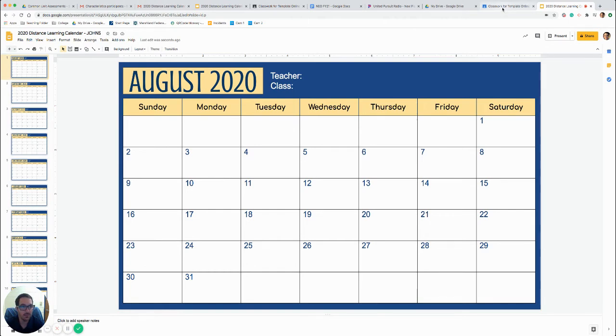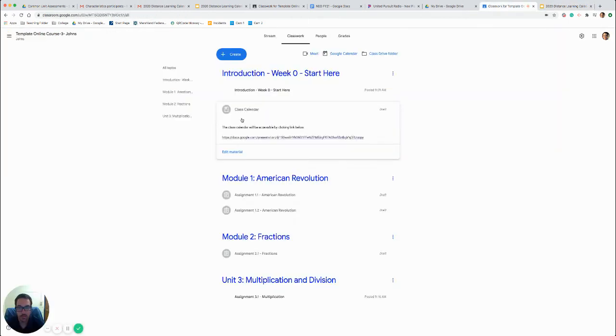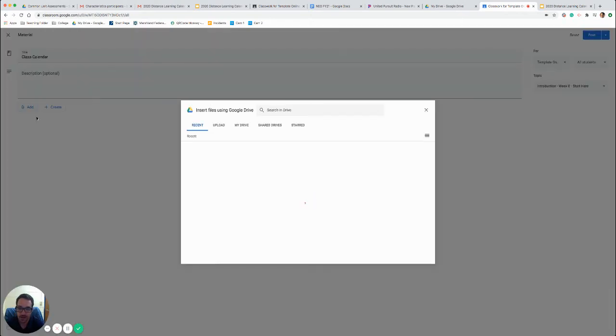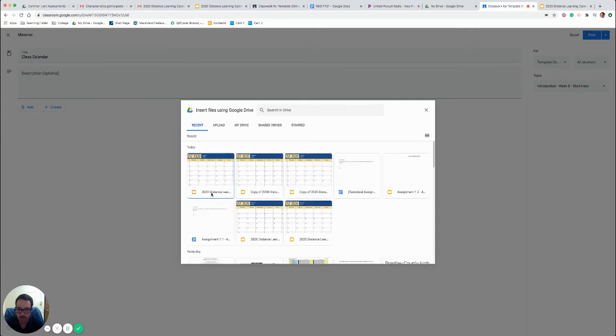So I'm going to go back to my Google Classroom. Right here in the class calendar, I'm going to edit the material, and I'm going to get rid of this information because that's not going to make any sense to the parent. Now it's time to actually add my calendar. So I click add, I click Google Drive, and I'm going to find the class calendar that I just made a copy of. So this one right here is most likely it because it's the top one